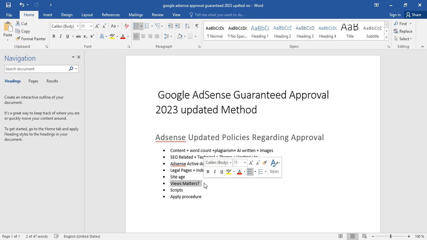Google AdSense never mentioned it, or that site age is a factor for getting approval, and the traffic as well. They never mentioned it, but I think if they didn't mention it, then it does not matter.